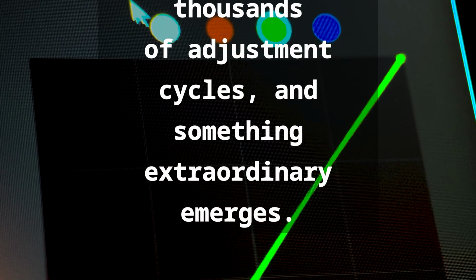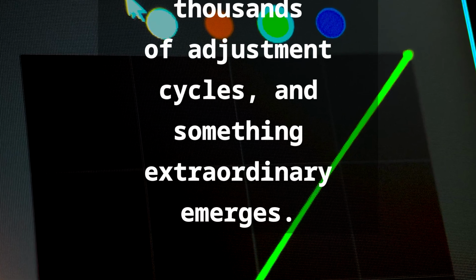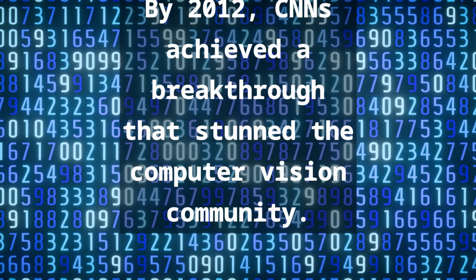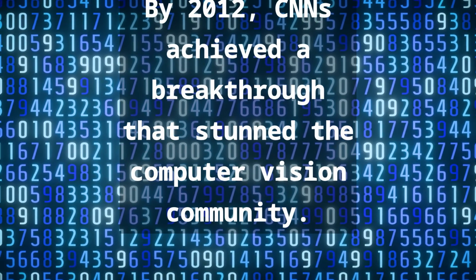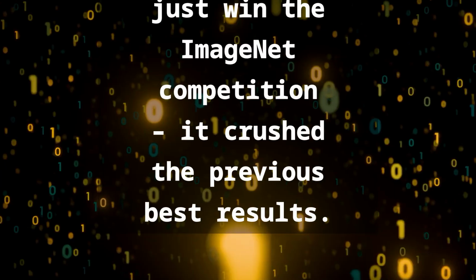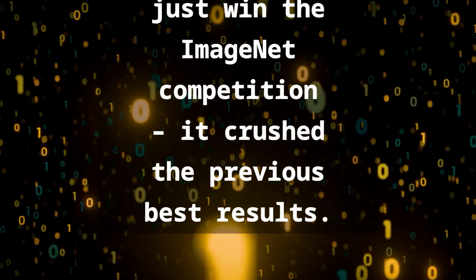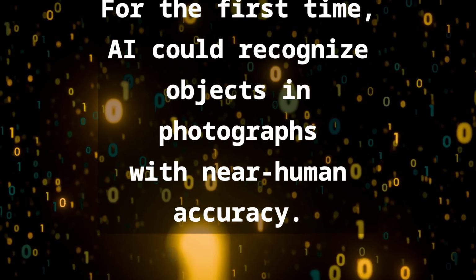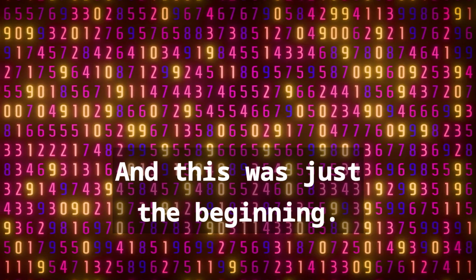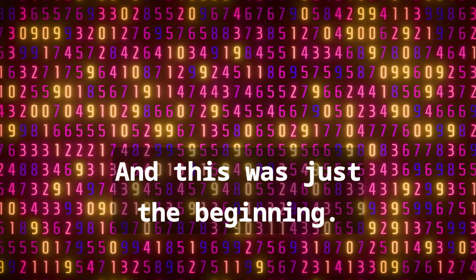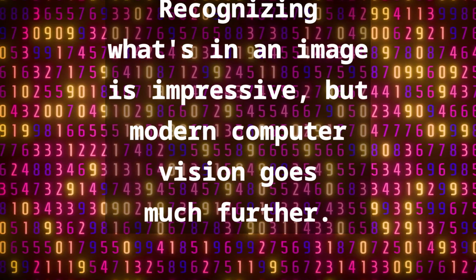Section 4. Beyond recognition, object detection and segmentation. Recognizing what's in an image is impressive, but modern computer vision goes much further. Object detection systems can identify multiple objects in a single image, drawing precise bounding boxes around each one and labeling them in real time. Even more advanced is semantic segmentation, where AI systems can identify the exact pixels that belong